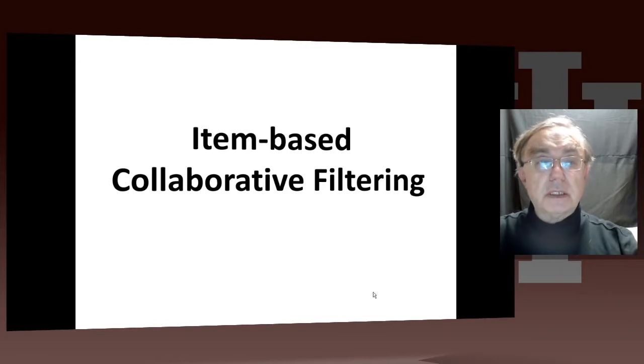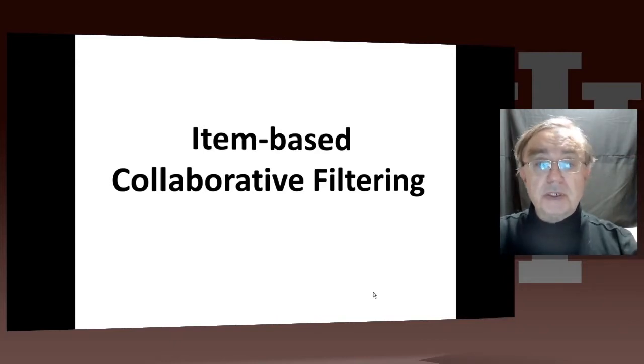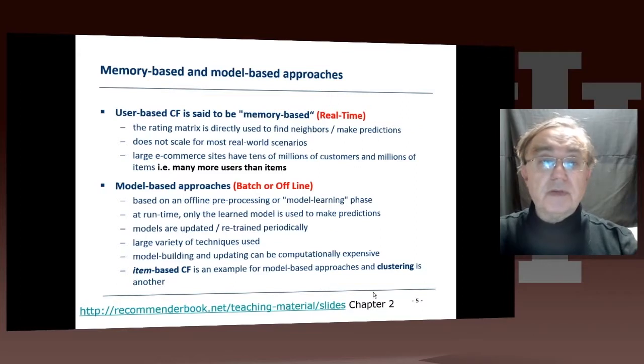In this part of this unit, we discuss item-based collaborative filtering. Remember in the previous unit, we discussed user-based collaborative filtering. There were also content-based approaches to recommender systems. We will not discuss those here, since they are done in a much more straightforward fashion. So if we look at user-based versus item-based,